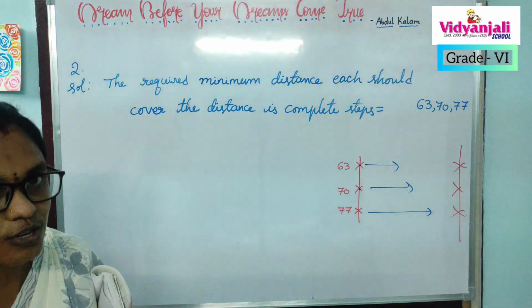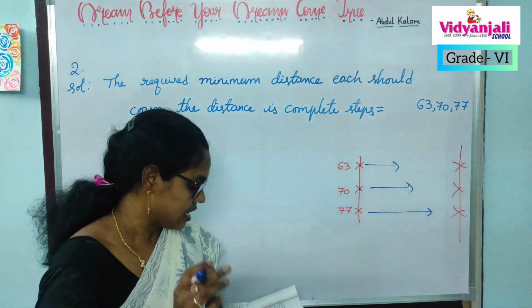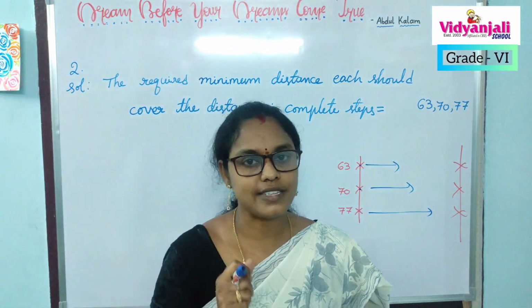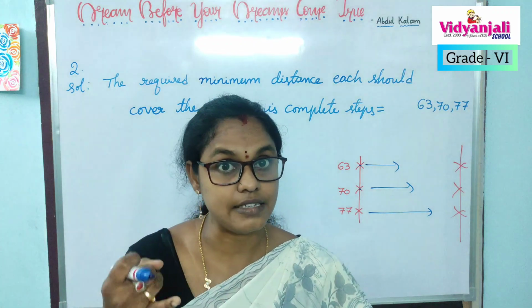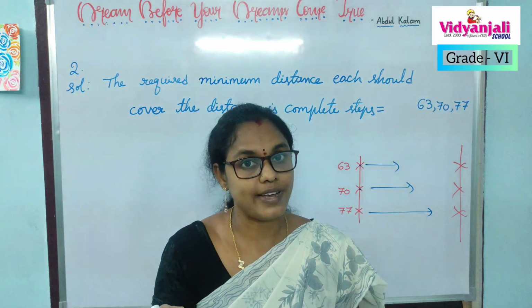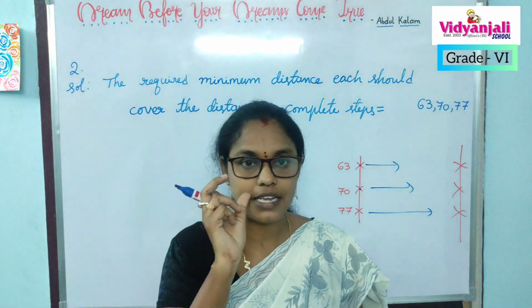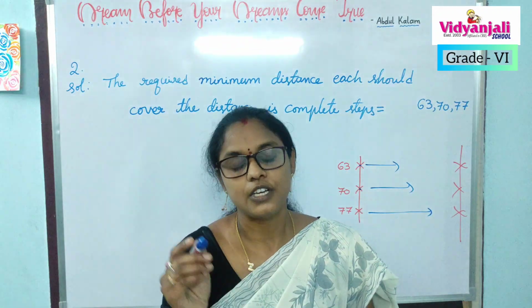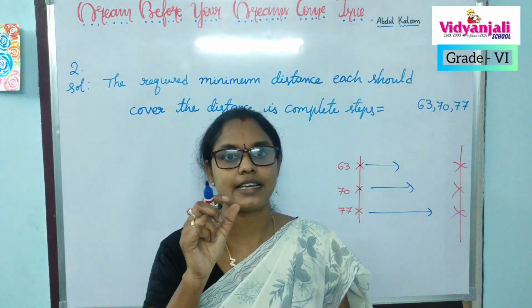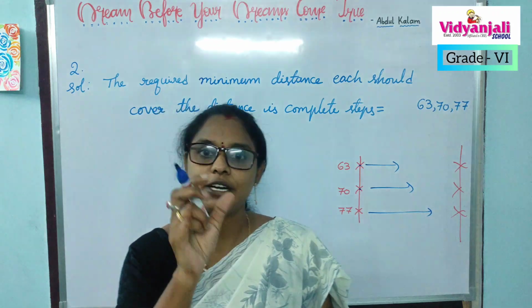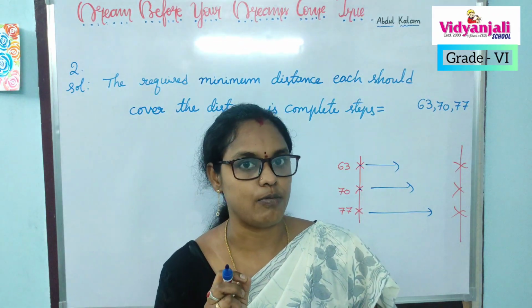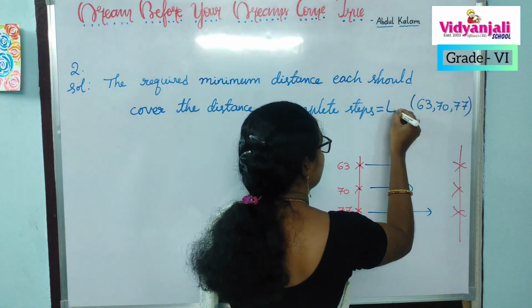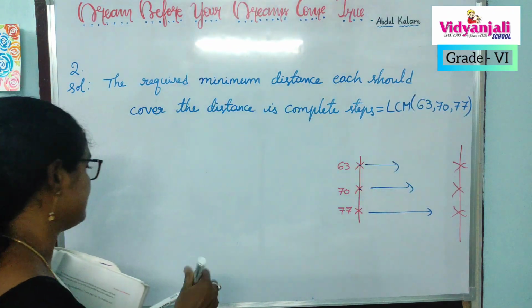Now, I hope you understood the question. Let's come back to the question. We have to identify the key term. What is the key term? Key terms are like largest, minimum, lowest, smallest, heaviest. Do you have any such term in the question? Yes, we have the word minimum. So everybody underline the word minimum in the textbook and write there. If we have the word minimum, that falls in an LCM problem, right? So we have to find the LCM of the given three numbers.